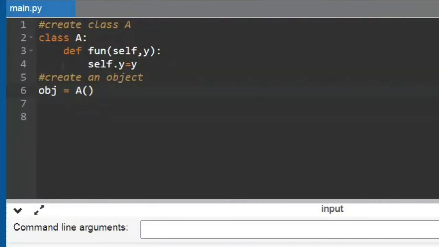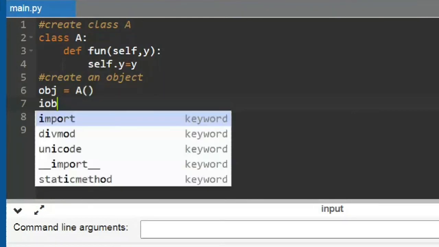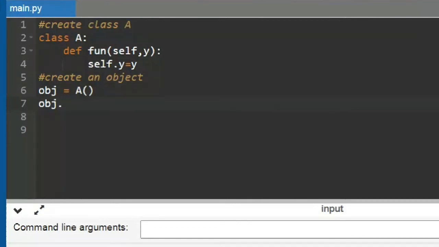Okay, so this is important because this will actually invoke the constructor of the class. I'll talk about the constructor later, but as of now, just try to understand that this is the procedure for how I create an object. I just created an object, and now I need to access the members of the class through the object. So how will I do it? I'll just call the fun function using the object. So I'm saying obj dot fun.